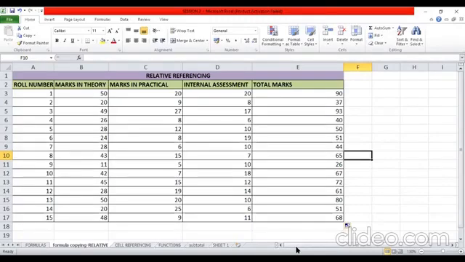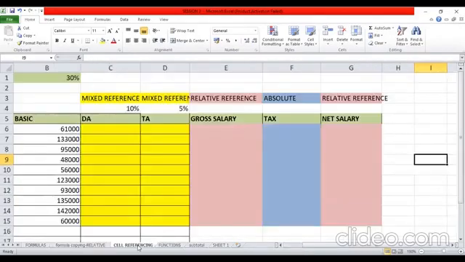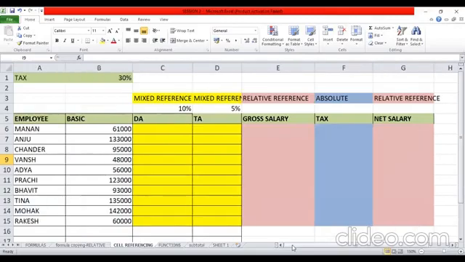But sometimes, let's go to the next example in the data set, because sometimes I may not want my formula to change. So let me just take you to the next sheet. This sheet is on cell referencing. Please refer to the second sheet which is there in your data set. This is on cell referencing. If you look at this sheet, let me explain what is being done in this, and then we'll see how to do it.